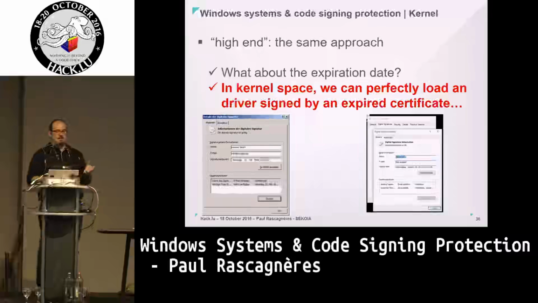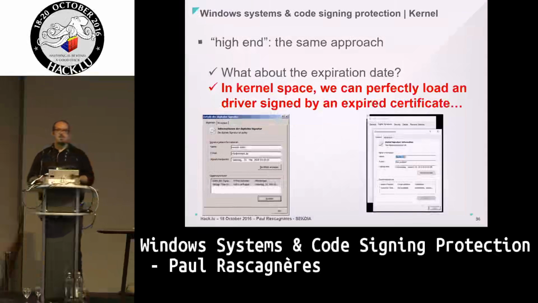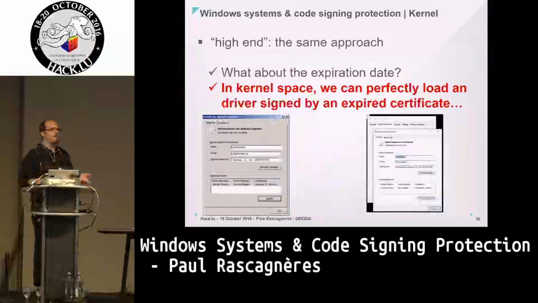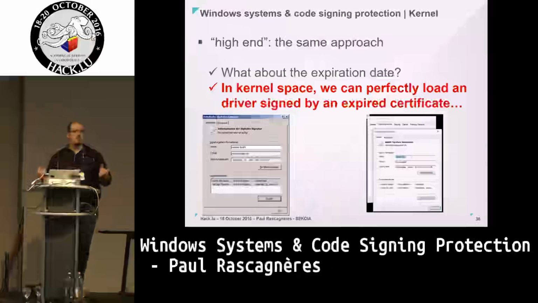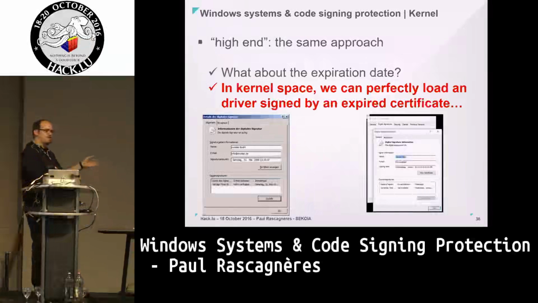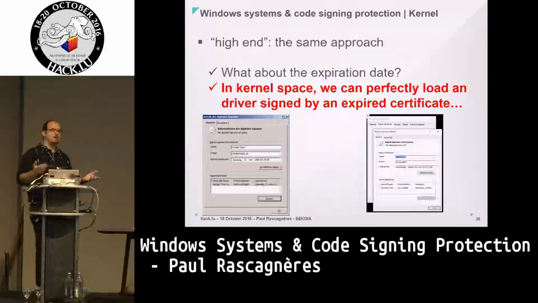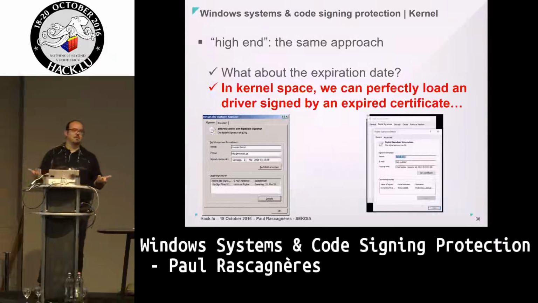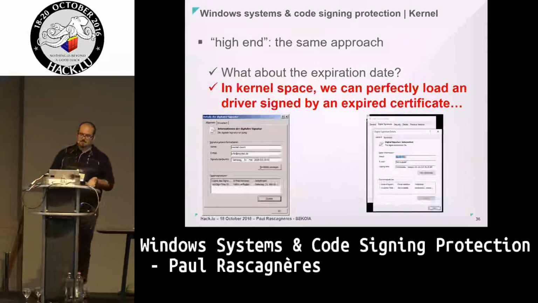However, the expiration date is not supported by the Windows kernel. So even if your driver is expired, you can load it without any problem. And in fact, it's from a production point of view. Imagine you have a factory with a really old system, and if you don't patch it one day, because the certificate is expired, everything is done. So that's why you are able to load